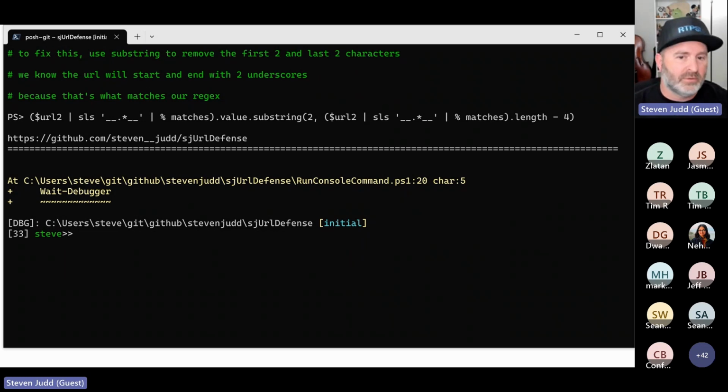The first value of substring is how many characters in do you want to go? So we're going to go in 2. Then I'm saying take the URL, pipe it to select string again, get the length of that, and subtract 4. Because I need to get the last 2, but I'm going in 2, so I have to subtract 4. It's math. Yuck. Anyway, notice the result. It got rid of the double underscores on both ends.